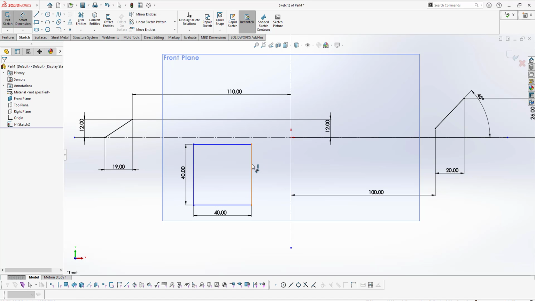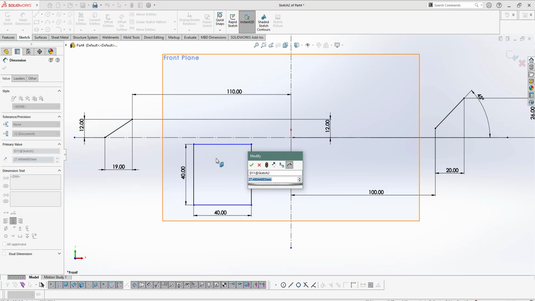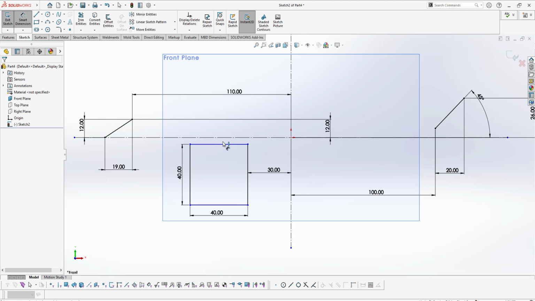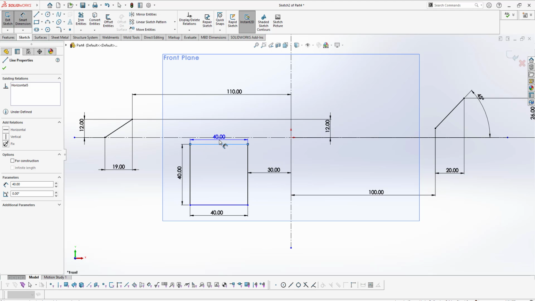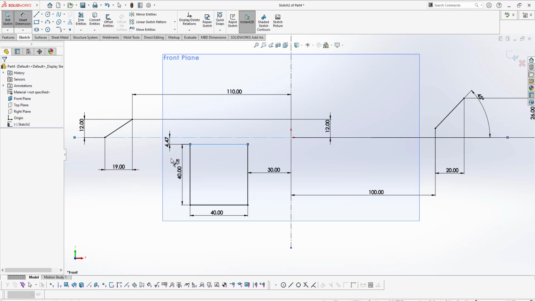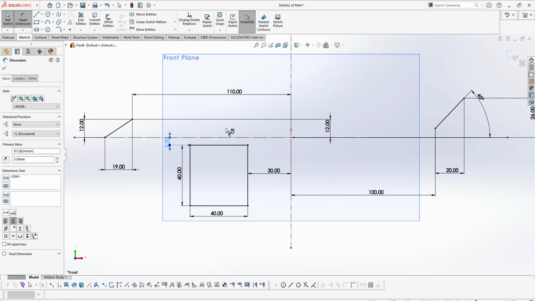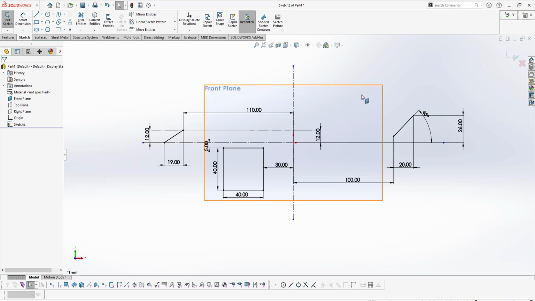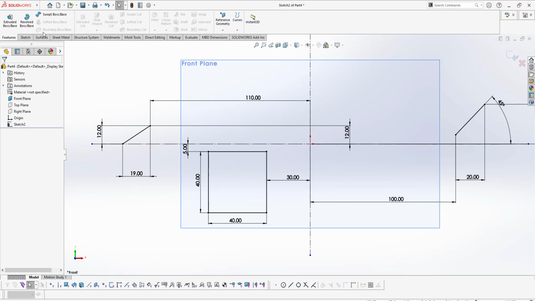Now I need to fix it. We need to give a place in this environment to that rectangle. I gave the space as 30 mm from the horizontal and 5 mm from the vertical. Like I gave a negative dimension here, I gave negative x and negative y. So same way